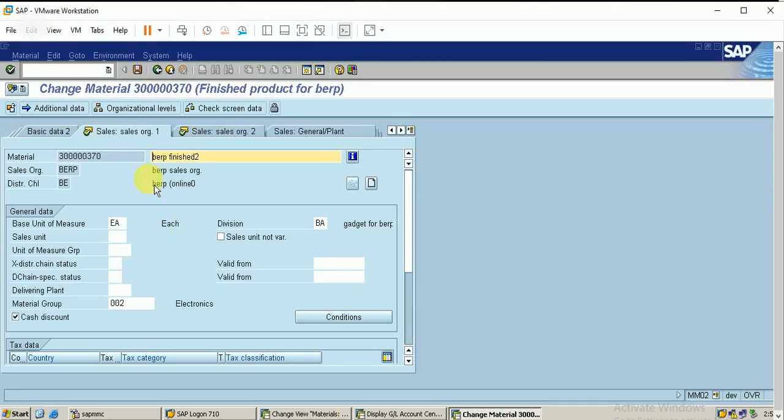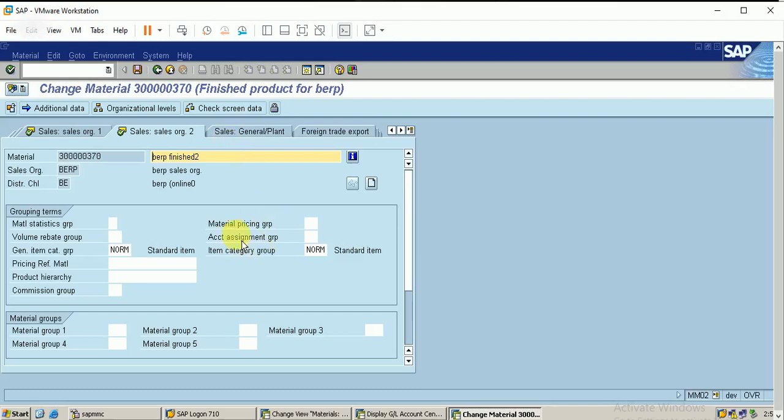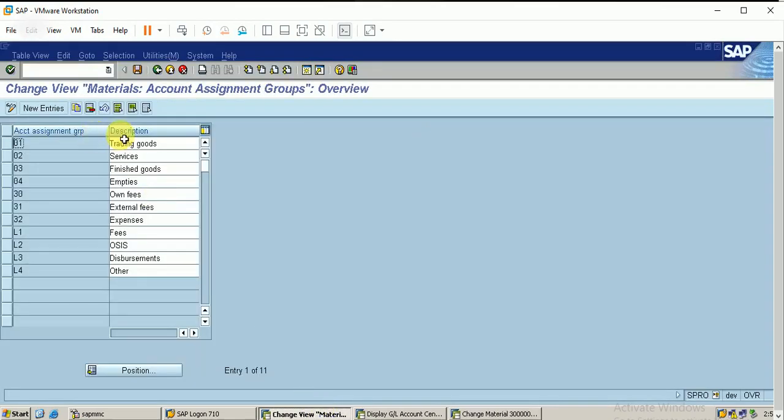So not in the sales org 1. Let me go to the sales org 2. So you can find here that is account assignment group. So if I want to use this material in my sales order, I have to link this account assignment group here. So I just want to have this.